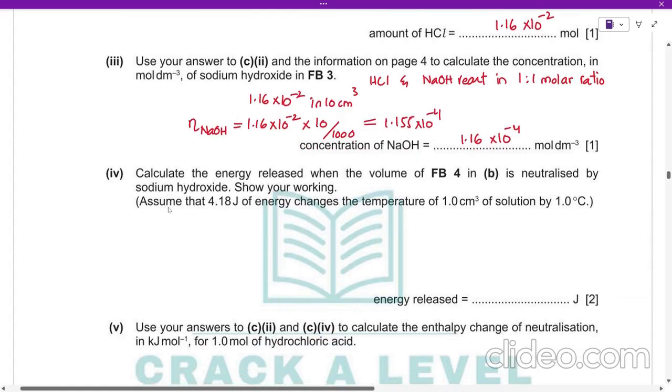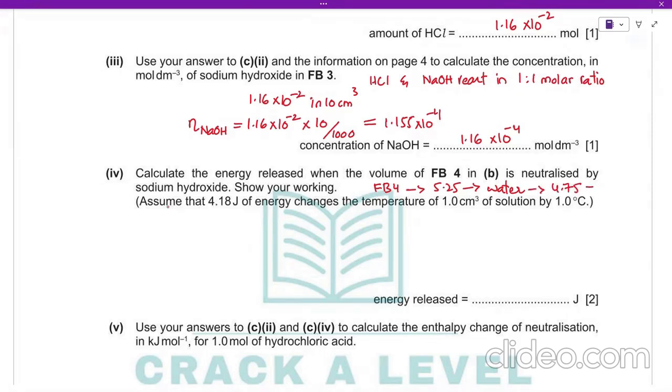So show your working. It is neutralized at the maximum temperature. So what will be the volume at the maximum temperature? The volume of FB4 was 5.25, and the volume of water will be 10 minus 5.25, which is 4.75. So together it is actually 10 cm cube, and 10 plus the FB4 it will be actually 20 cm cube,